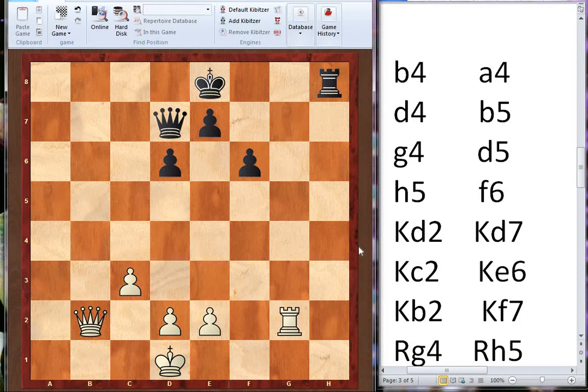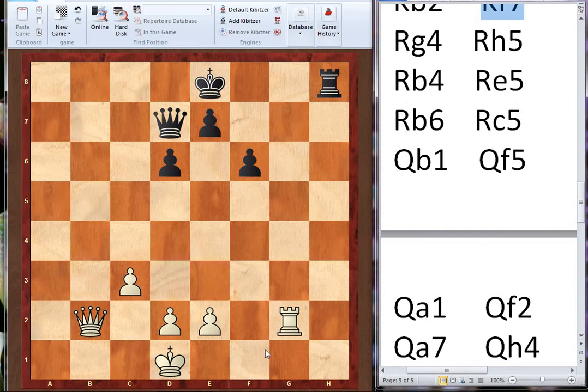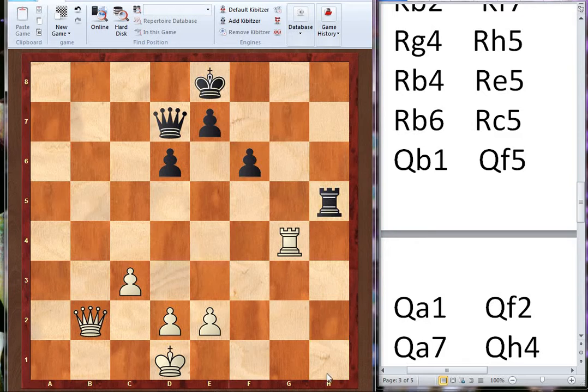In this part I am going to show you how to write the moves of the other pieces. For example, this rook comes to this square. How will we write it? What is the sign of rook? Capital R. So we write capital R, and then which square did it go to? G4. Black rook comes here. R H5. See, sign of the rook first and then H5.